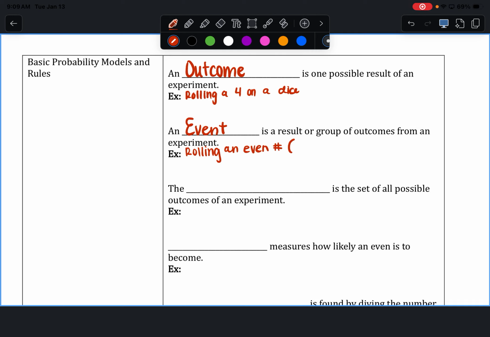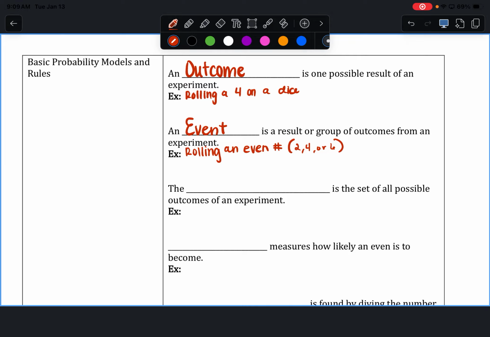How many options do I have to roll an even number? 2, 4, and what? Because you can do 2, 4, or 6. So there's multiple options, right? You can also consider an event to be like rolling a 4 on a dice. That's fine. But usually there's a little bit more to it than that. Okay, then